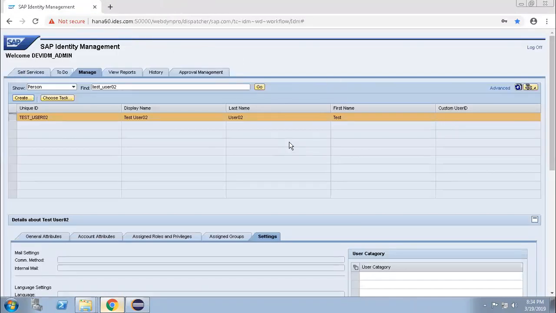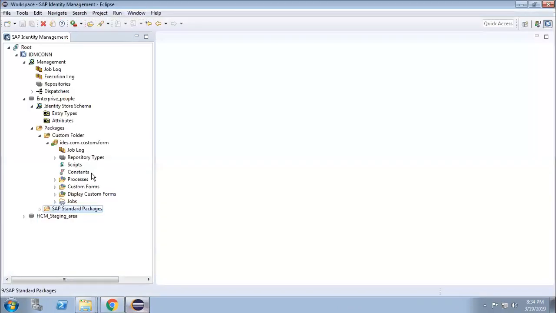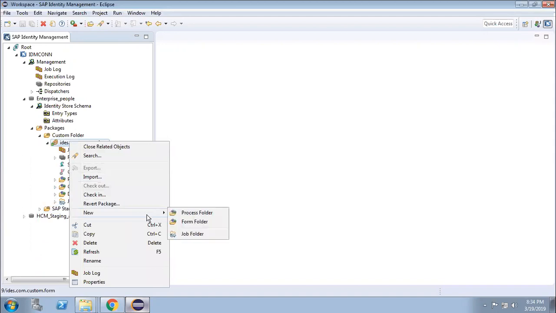Correct? Now I will create a form. A custom form I can create, or maybe a new form folder I can create.